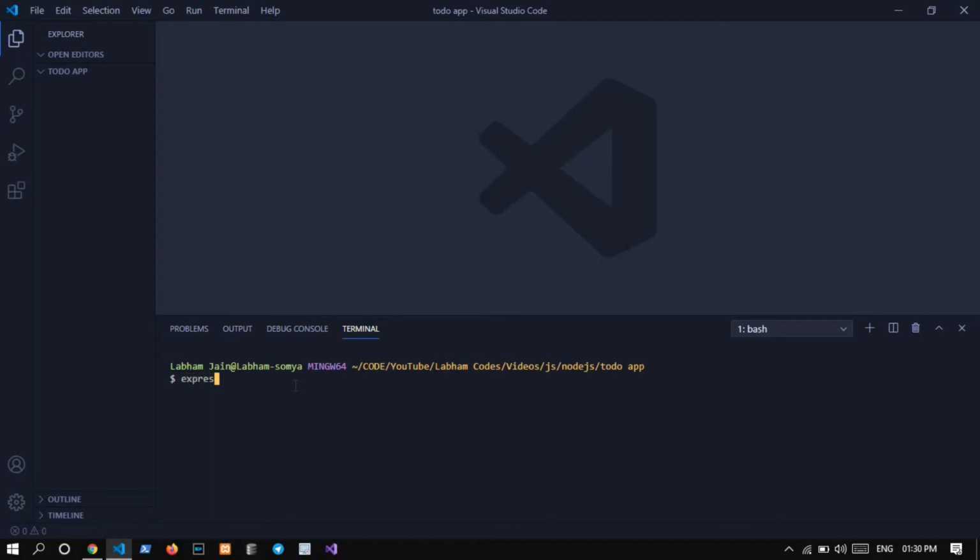To do that, we need to write express --view=ejs. Note how this is written.